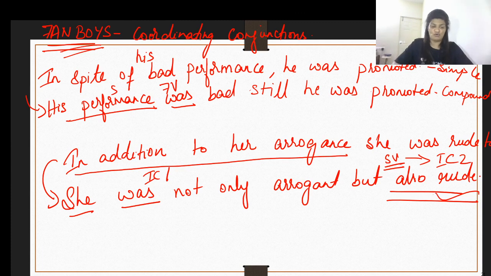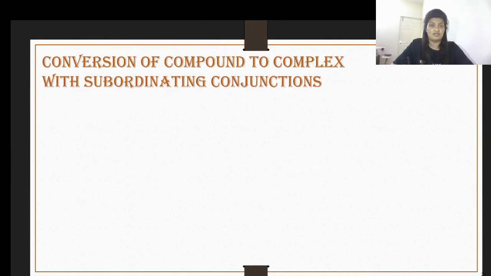Now let us move on to converting the compound into complex sentences. Compound into complex. Here we already have 2 different clauses, but the condition is there are 2 independent clauses and you have to convert those independent clauses into one independent and another as your dependent clause. How can you do that? You can do that by converting the conjunctions from FANBOYS to AAAWWUBBIS.